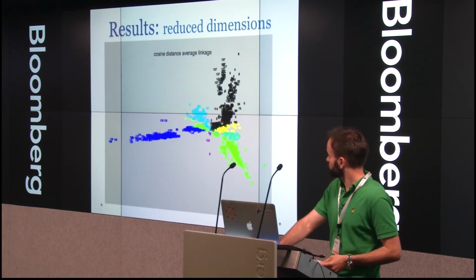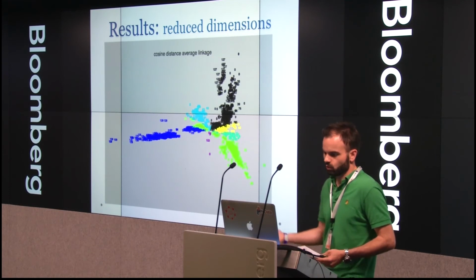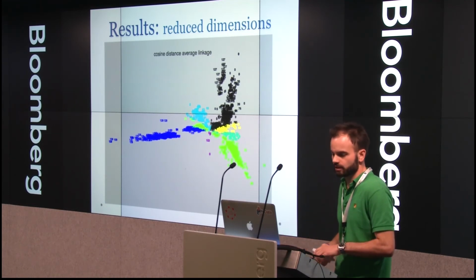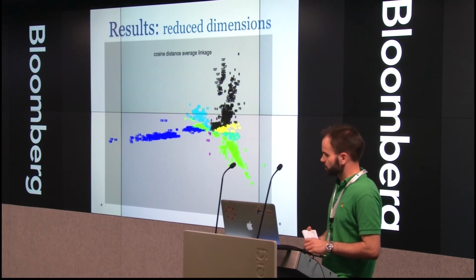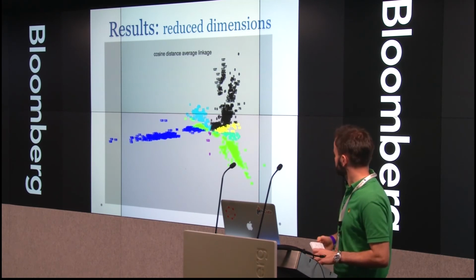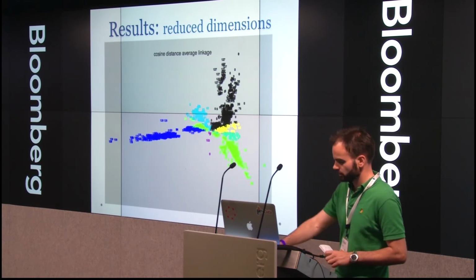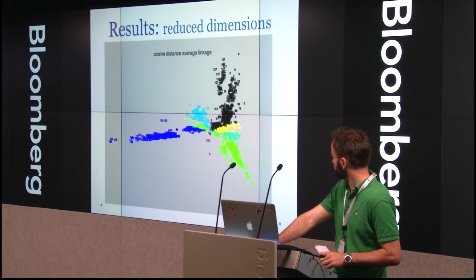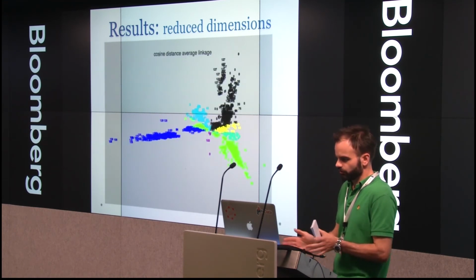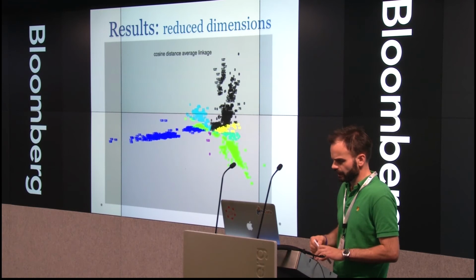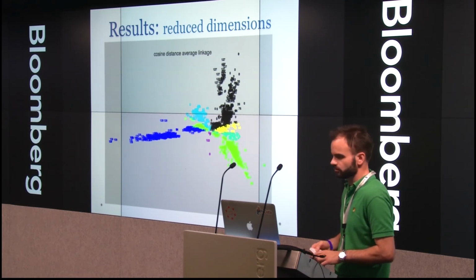Here's using cosine distance, but because Ward linkage didn't support it, I had to use average linkage. You can see it's a very different approach, and it's nicely clumped here, but here everything is spreading out from a central point, and the result may not be particularly nice to look at.